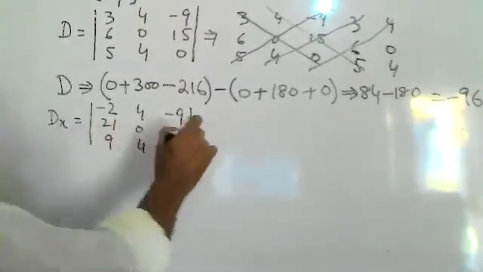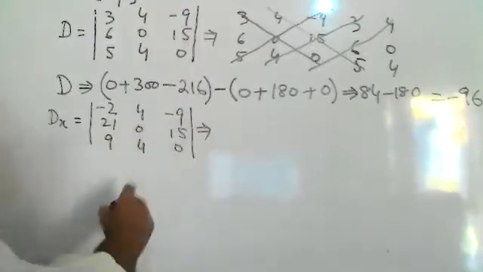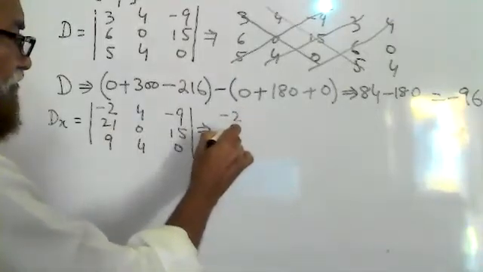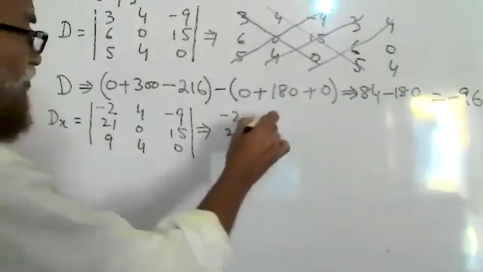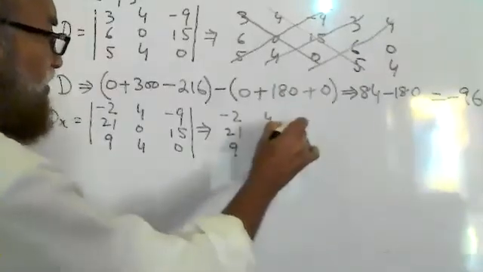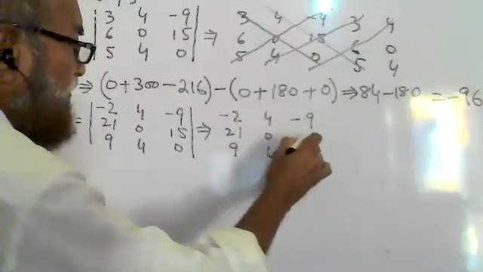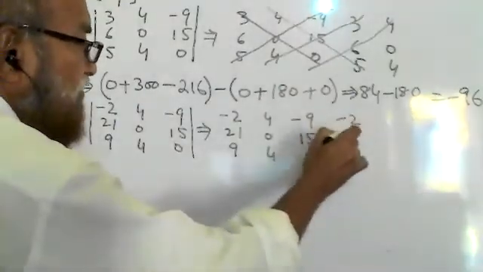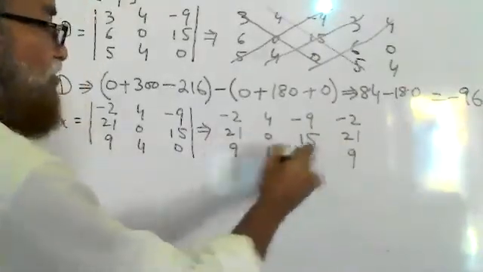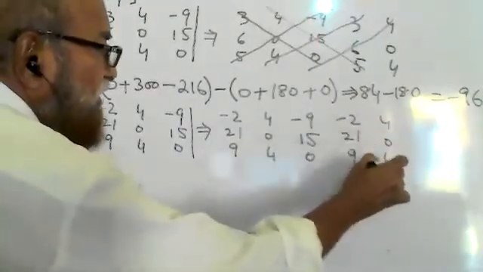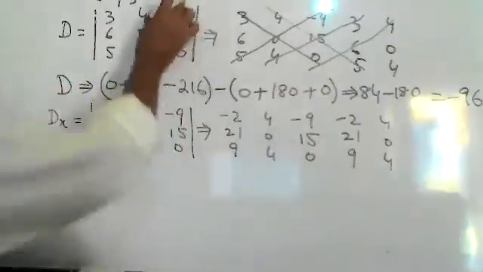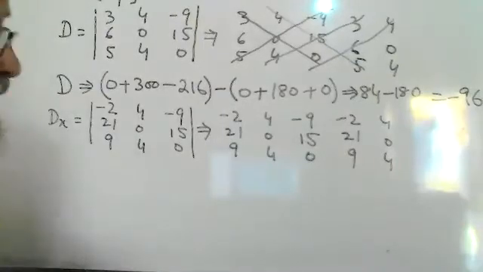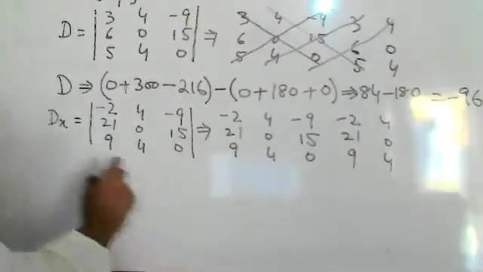Solve कर लेंगे इसको with the same method. -2, 21, 9, 4, 0, 4, -9, 15, 0, -2, 21, 9, 4, 0, 4. लास्ट कॉलम को हम छोड़ देंगे, ये लास्ट कॉलम जो है इसको एक दफा लिखेंगे, दोबारा नहीं लिखेंगे, बाकी सब कॉलम रिपीट होंगे. ओके, नाउ इट विल बिकम